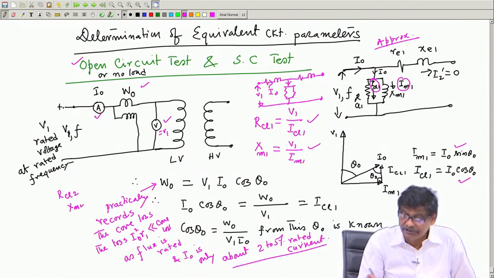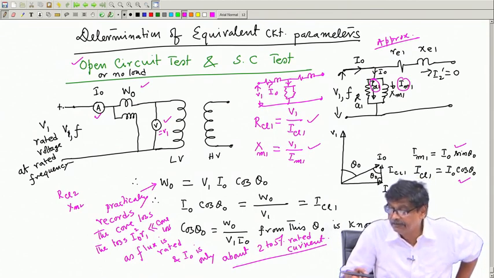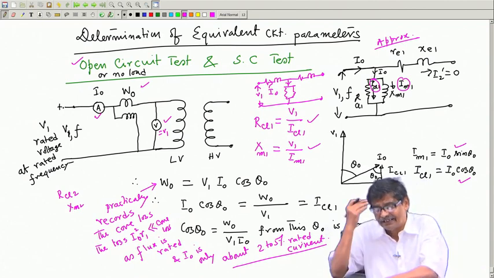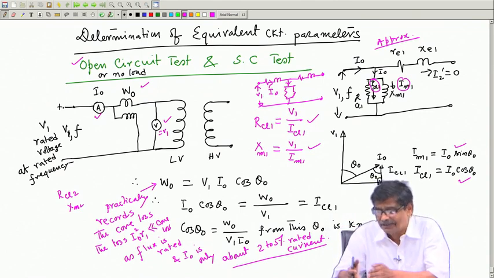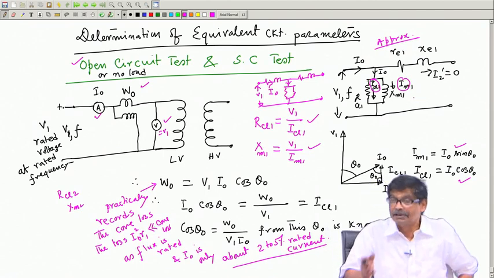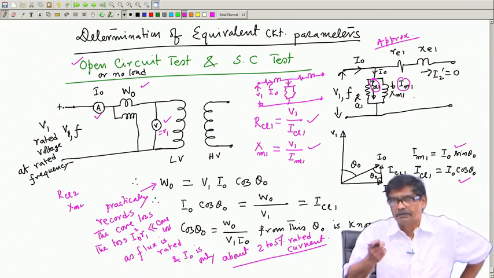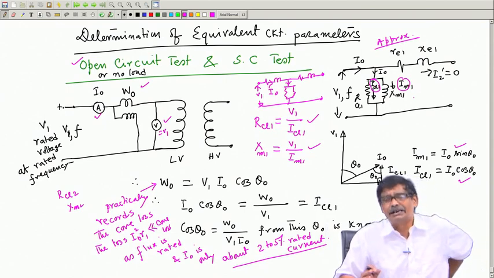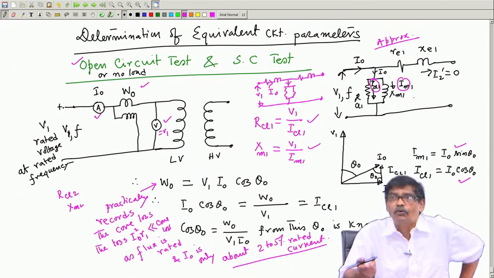Anyway, please go through this part and try to understand each bit of it, because this is the approximate equivalent circuit. If you forget about the exact circuit from your mind, erase it, then the wattmeter reads the core loss only, but that is not the case. There will be a little bit of copper loss in the winding, which we are neglecting. We are attributing the wattmeter reading to be fully the core loss.